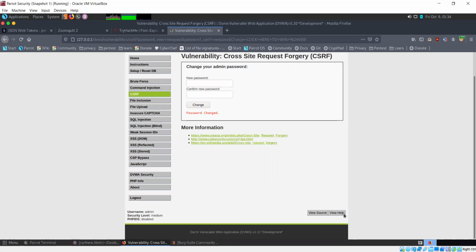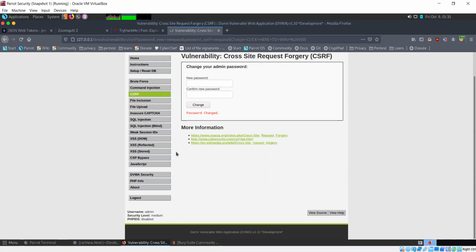Now for the high level, again, I'm telling you, try this by yourself, see what you get, and practice these other two as well. So this will give you a better idea for CSRF. Any questions? Any queries? No? Okay. So this is CSRF, cross-site request forgery, that we just saw.